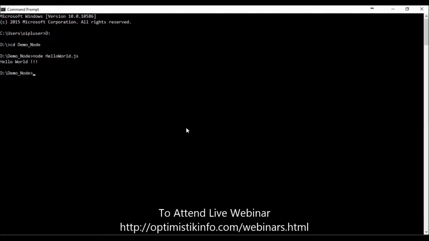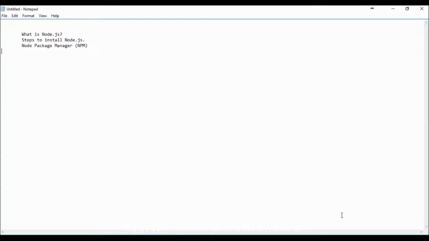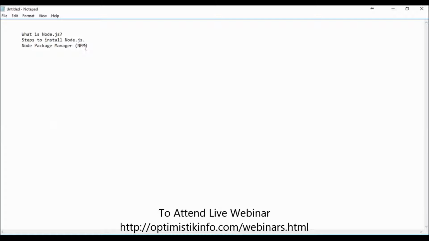One more concept is there, that is Node Package Manager. Basically Node Package Manager, or NPM, provides two main functionalities. First, it provides online repositories for Node.js packages and modules, which are searchable on search.nodejs.org.